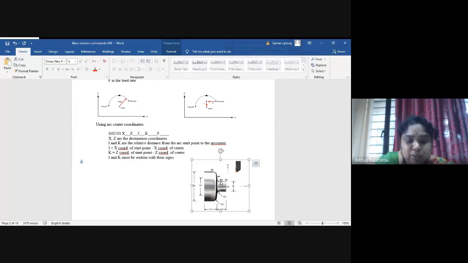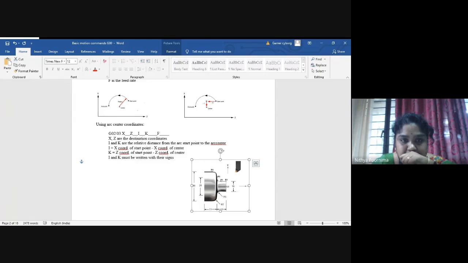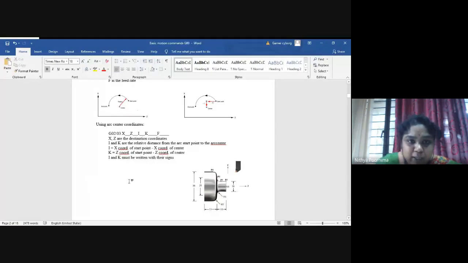Could you please explain I and K one more time, ma'am? I and K. See, it will have 2 points at that point. I will be the start of the coordinate point, and again x start and end of the coordinates. For example, if I write here, in the place of I, you will define it as 2 comma 5, right?